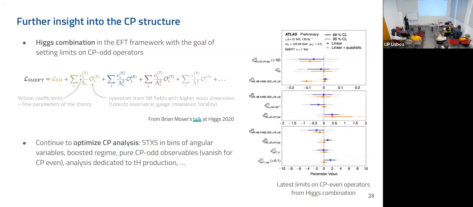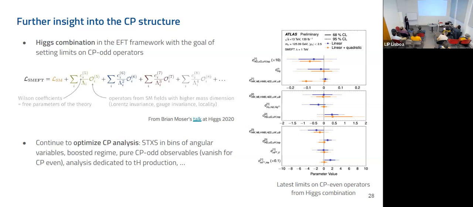And then they are, of course, suppressed by the scale of new physics, and to each operator corresponds a coefficient that we call the Wilson coefficients. So then what we do in these Higgs combinations is to set limits on these coefficients. And we have done this for the CP-even operators. So we took basically all of the Higgs measurements that we have, we do a big statistical combination, and because